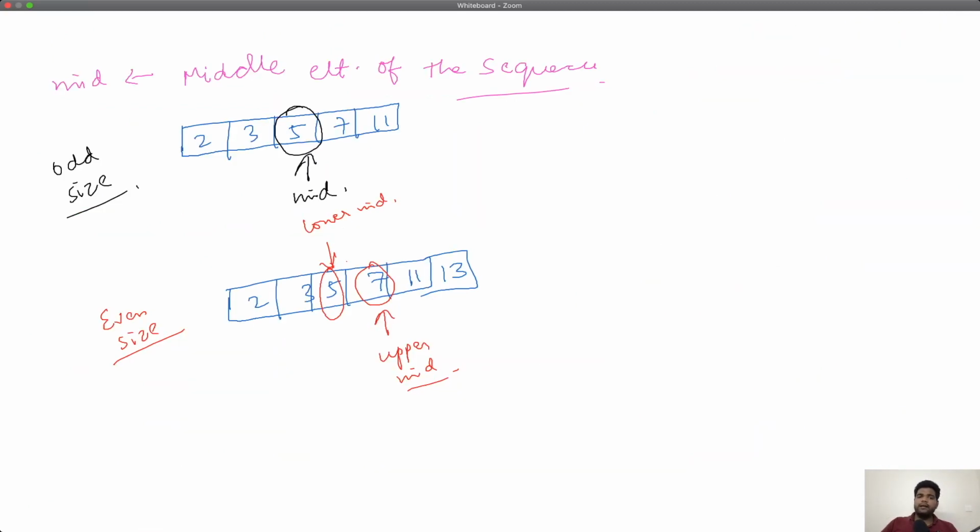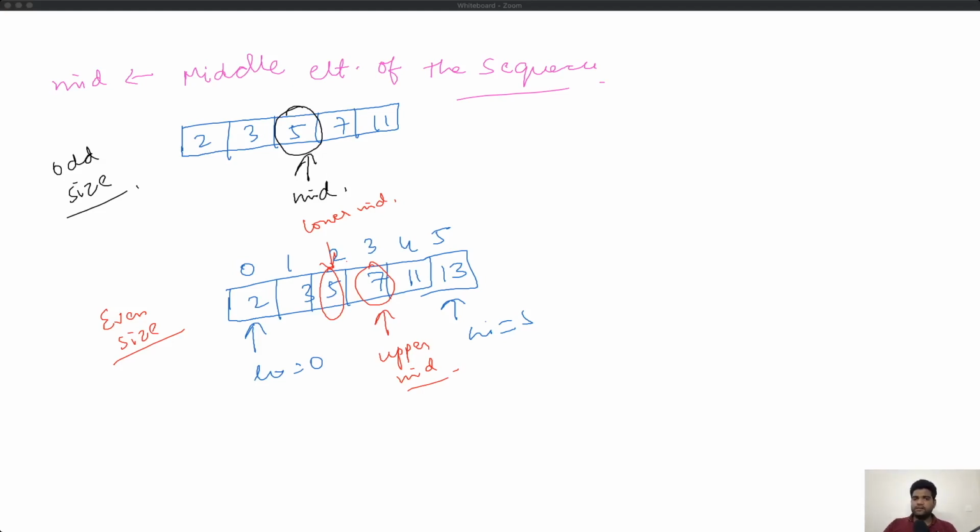Even before that, let's write the formulas for the two mids, lower and upper. Let's say this is the sequence indexed by 0, 1, 2, 3, or let's say low and high. So this is the low index and this is high. So low is 0 and high is 5. Let's try to write a formula for the lower and the upper mid.